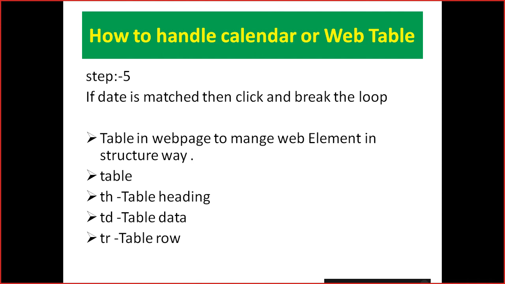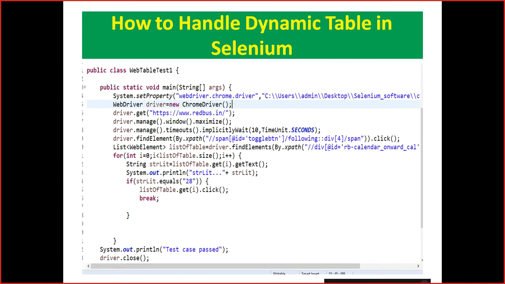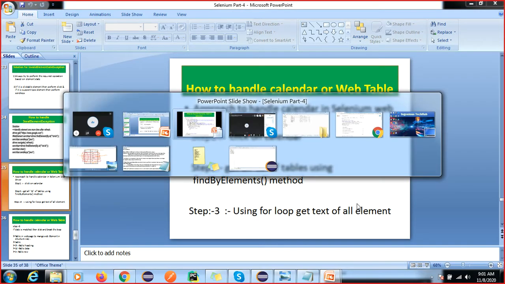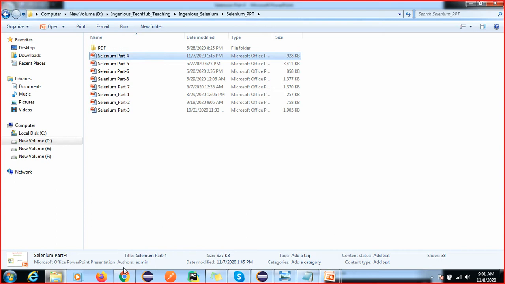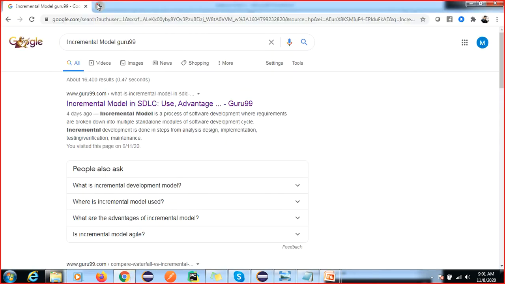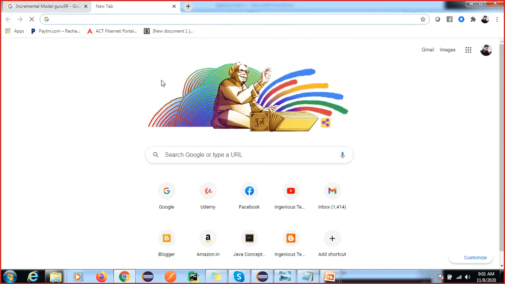A table in the web page, to manage the web element, has this structure: table, th, td and tr. We will see one example so you are able to understand, and the concept is the same. How to handle multiple drop down, multiple table?